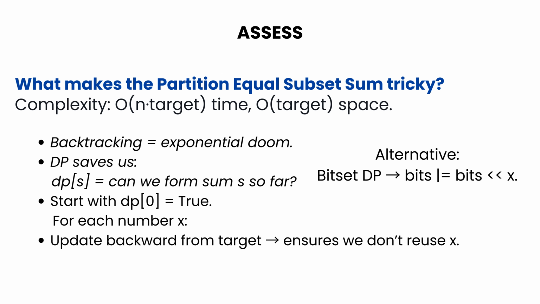Assess. Backtracking is exponential. Instead, we use dynamic programming. Define dp of s as: can we make sum s using the numbers we've seen so far? Initialize dp of 0 as true. For each number x, update dp of s by checking dp of s minus x, going backward from target down to x, so we don't reuse x multiple times. The complexity is O of n times target in time, and O of target in space, where target equals total divided by 2. A neat alternative is a bitset that shifts reachable sums, with bits OR equals bits shifted